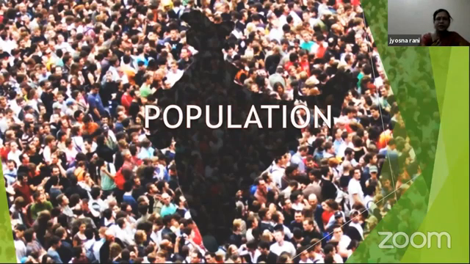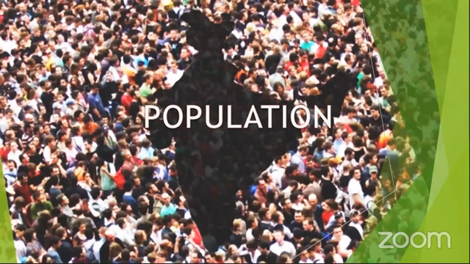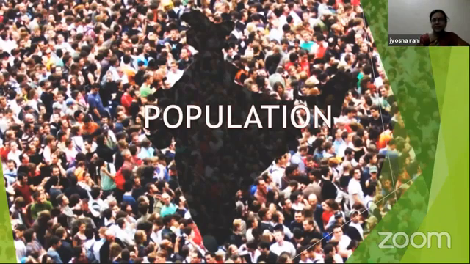Children, we are very well aware that the most populous country in the world is China, and the least populous country in the world is Vatican City. According to the 2017 census, the total population of Vatican City is only 1,000. This Vatican City is the smallest country in the world as well as the least populous country in the world.